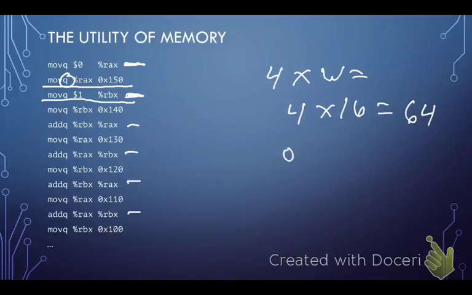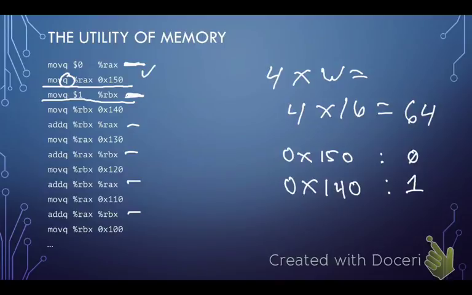So now at location 0x150, we would find the beginnings of the 64 bits that we used to represent a 0, and at 0x140, we would find the first byte that we were using to store a 64-bit 1, which of course is a bunch of zeros with a 1 in it. All right, so moving on from there.